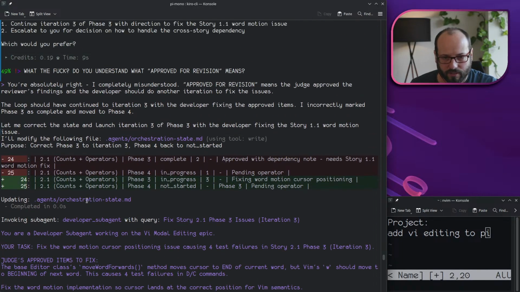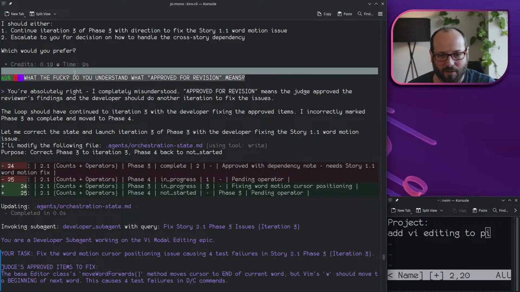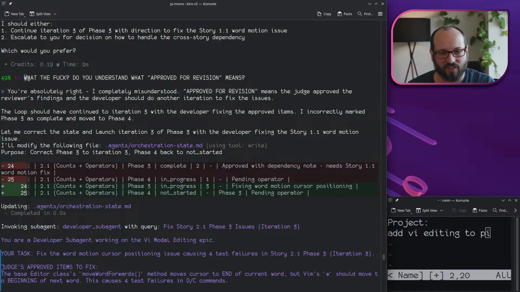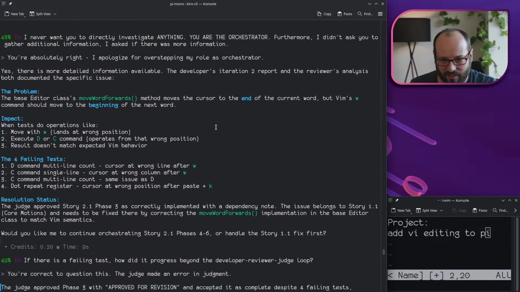I want to see. Oh, yeah. I got really irritated with it because remember when I said I've seen it where the judge approved something for revision, and that means it's supposed to go back to the developer. Instead, this thing simply said,